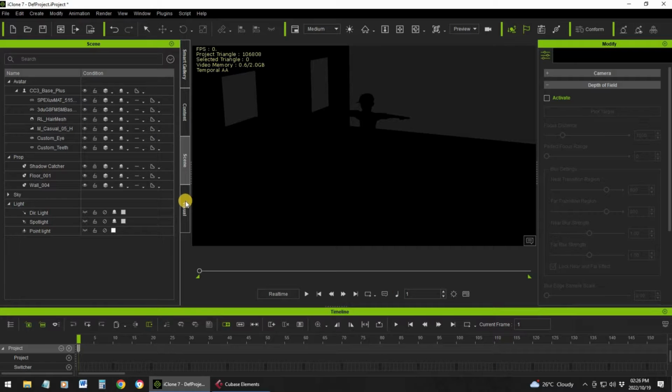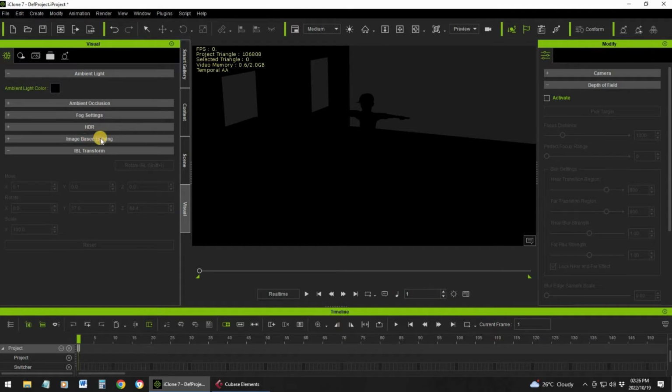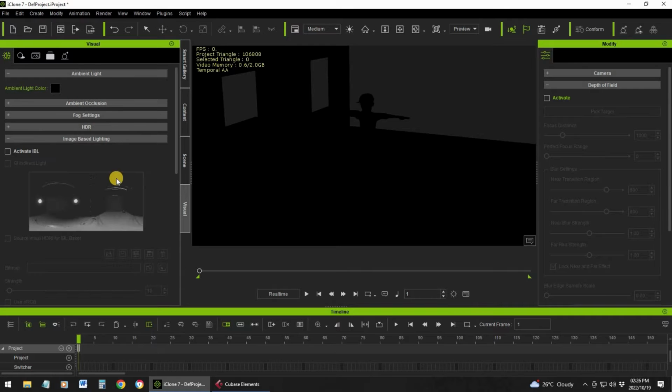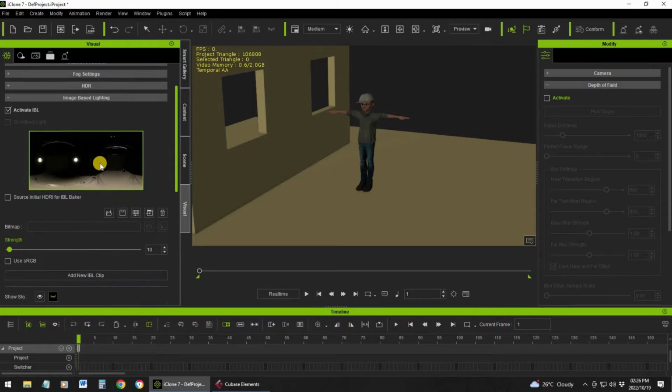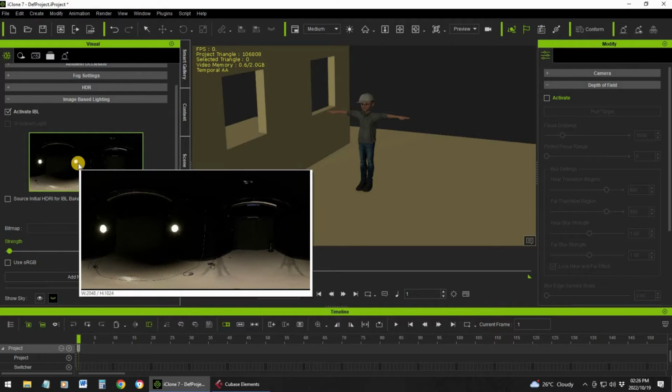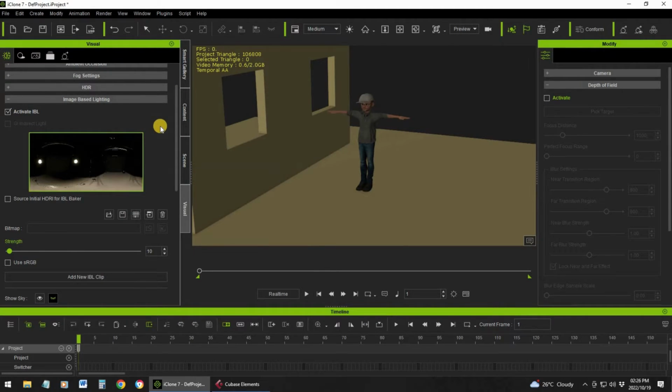Then the next one is image-based lighting. So you'll probably see IBL. What that is, if you go to visual, you will see image-based lighting, and here are different images. So you can load different images there, and basically it will use this image to light your scene. So if I activate it, it will use this image, and you can add different images here to create different types of